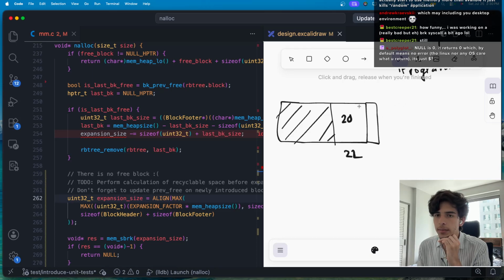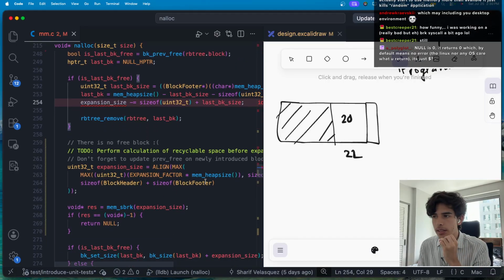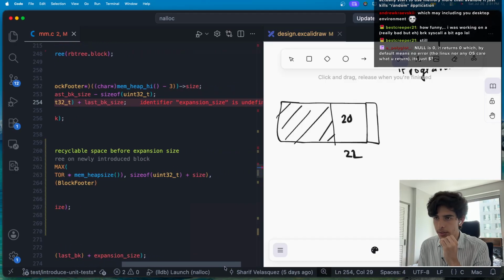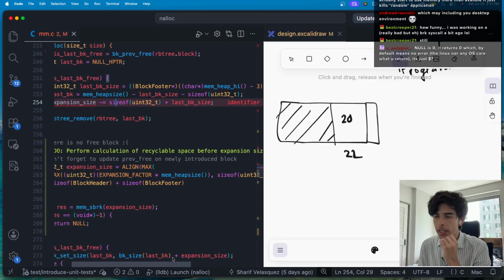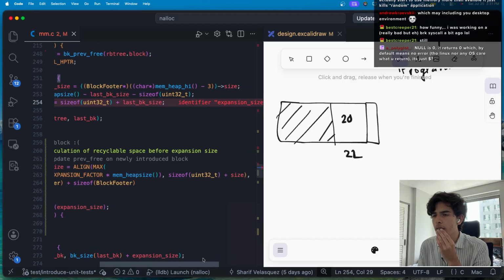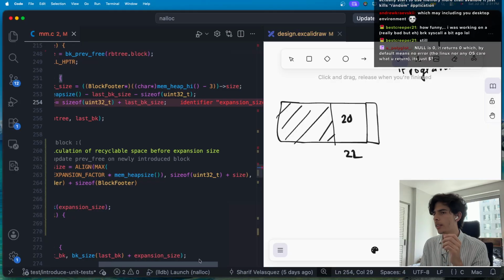So now the thing is, we calculate by how much we need to expand the heap. And the way we do it is we basically say, okay, among all of these factors, which is the one that I should follow, right? So actually, now that I think about it,